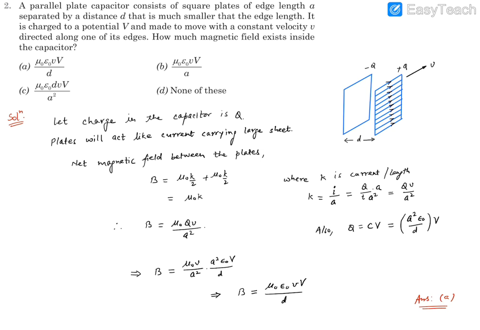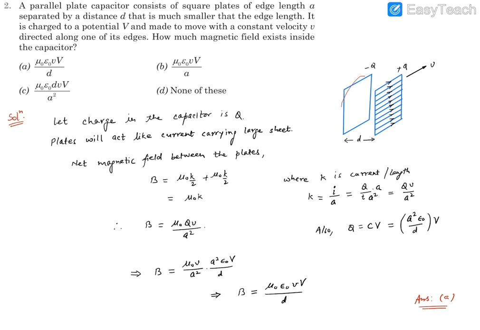Now if we look from the ground, this charged plate with charge q is going to be moved with a constant velocity, that means we can think of the charge as moving along these lines. If charge is moving along these lines, it will be equivalent to having a current in these lines. So this plate can be considered as a collection of current carrying wires. So that's a sheet carrying current.